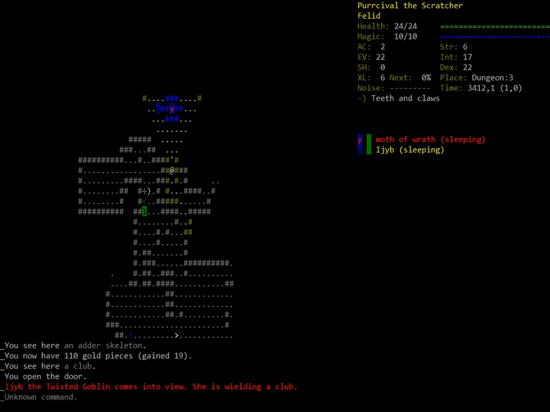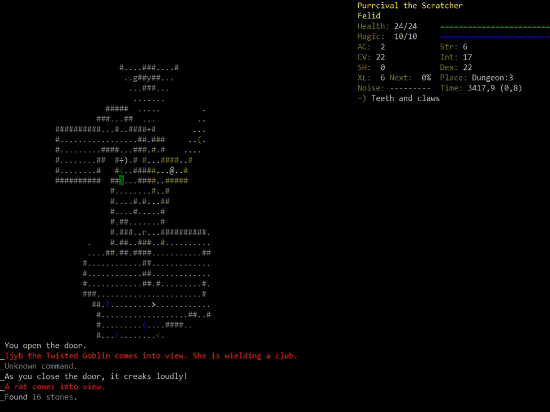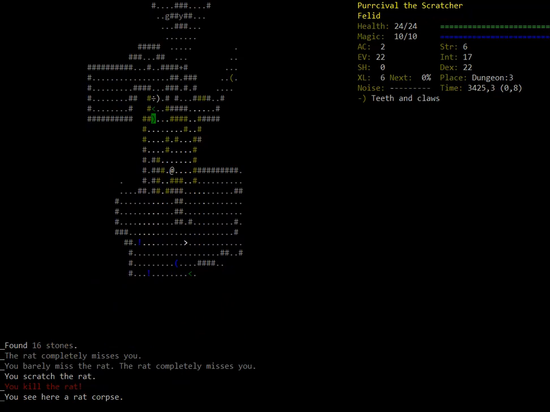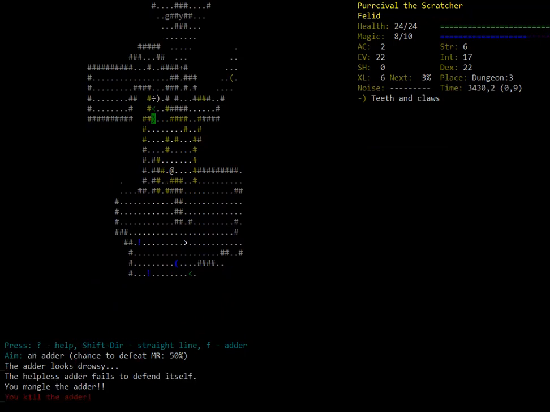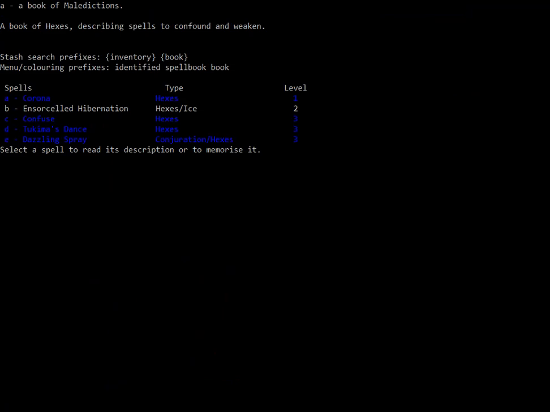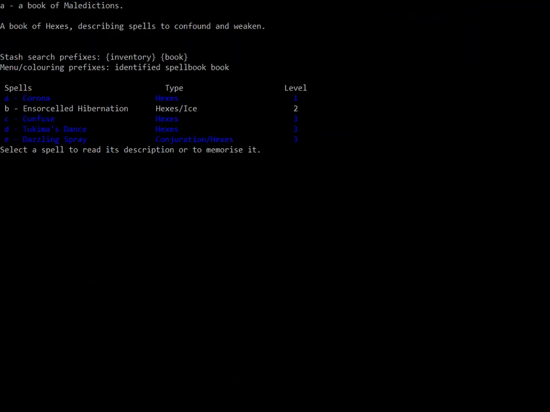I think I can close doors, right? Yeah. They should still be sleeping. Oops, hello. Got a wandering rat that I can eat. Oh, the adder. I didn't see you there. Nice. Wow. I can't believe these spell success rates either. I mean, yeah, it still has a failure rate of 12%. I have not trained up any spellcasting whatsoever. On characters where I focused much more on...